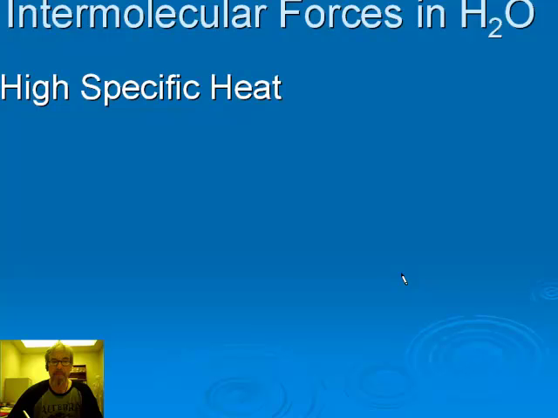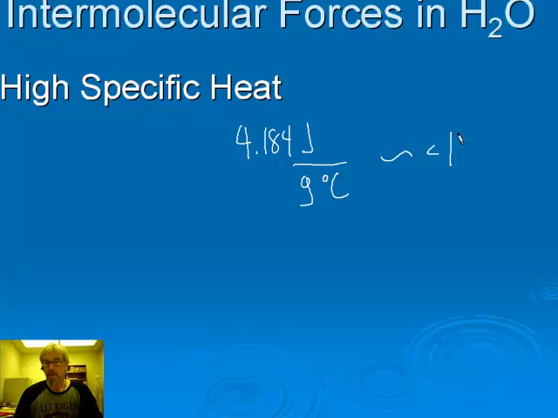Another feature of water is its high specific heat, and this is also caused by the fact that it has such strong intermolecular forces. Specific heat is how much energy it takes to raise a certain amount of water by a certain temperature, and it's 4.184 joules of energy to raise 1 gram of water by 1 degree C. This is incredibly high. Here's what most metals and other solids are. They're less than 1, typically in the 0.1 to 0.5 area. So water is a whole order of magnitude better at resisting temperature change, and that makes it extremely important to